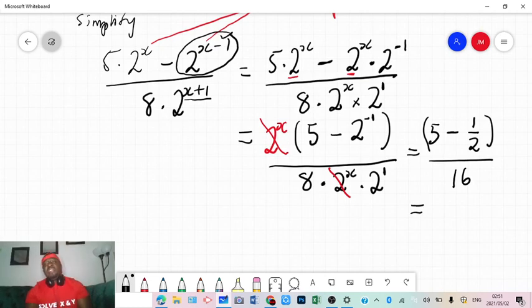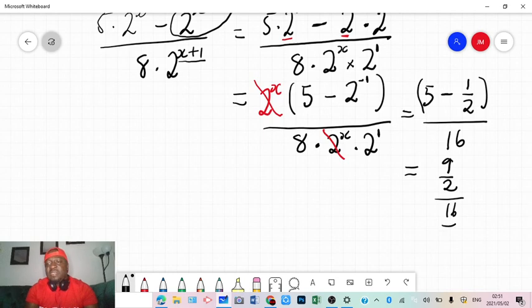at this point you can even punch this information on the calculator and get your answer out. So 5 minus 1 over 2 will give you 9 over 2. If you punch it on the calculator, you have your 9 over 2, all divided by 16. Mathematically, 16 is sitting alone. So if you have to simplify this, it's going to be 9 over 2 times